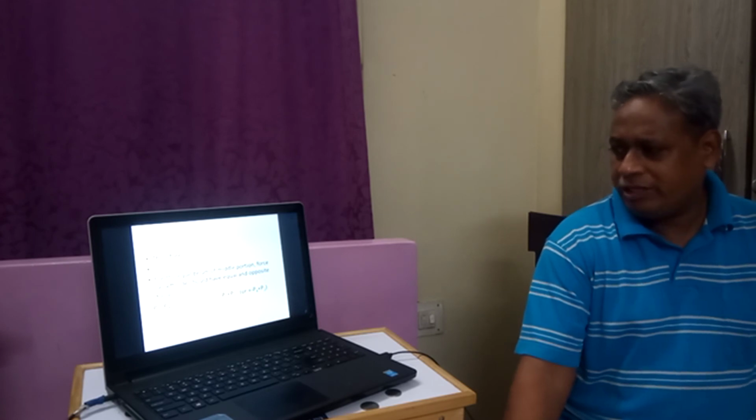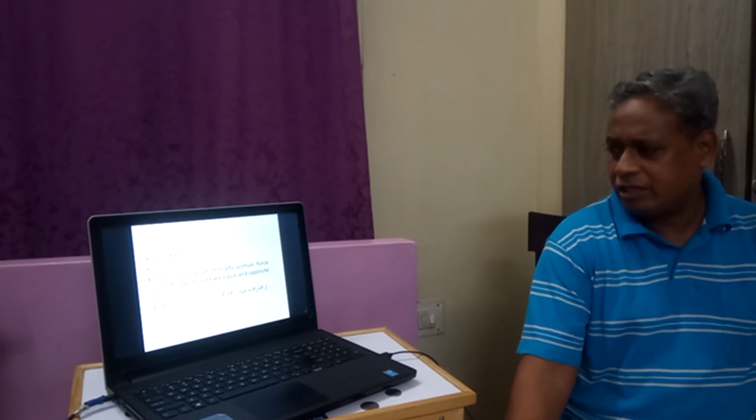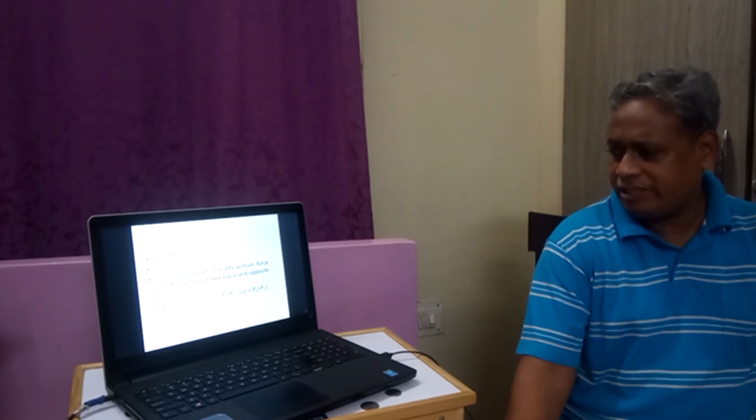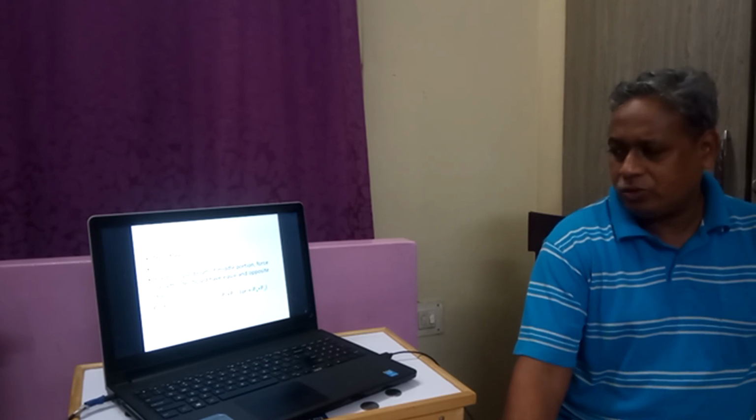In the second case, if we separate this second portion BC, let us say here we have cut, then on the left we have the left-going force P1 and the right-coming force P3. Then it is minus P1 plus P3. Because this force is pulling, the equal and opposite force should be here. That is, there should be minus P1 plus P3 to the right, because it is going to the left.